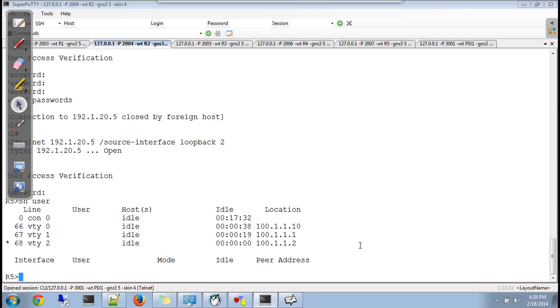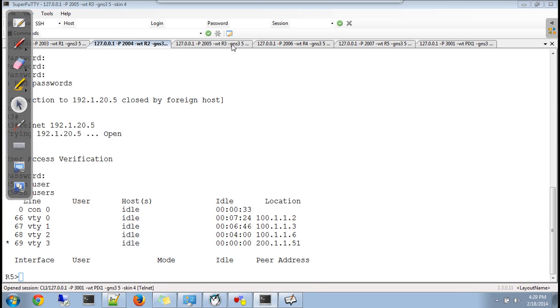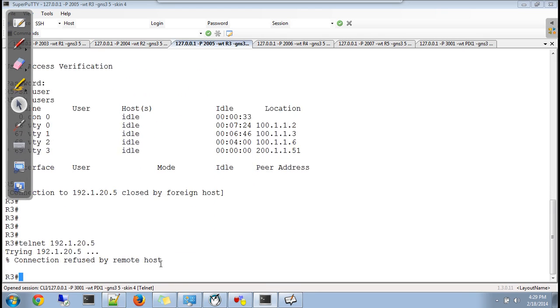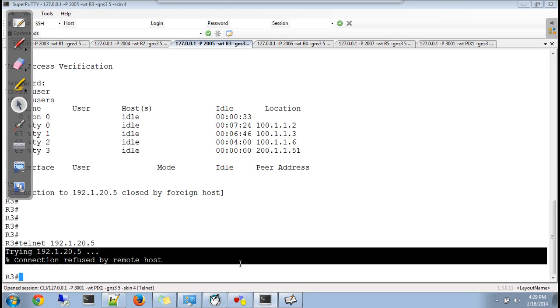Now, if a third one tries, say a DMZ host, connection refused. This time this is not refused because there is no rule. There is a rule. This is refused because there is no IP address available in the pool. There are 2 IPs, both are used. So in this case, you need some solution, and your solution is patting, port address translation.